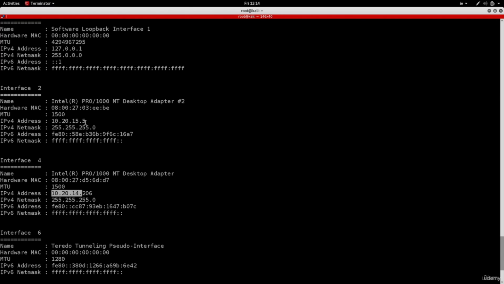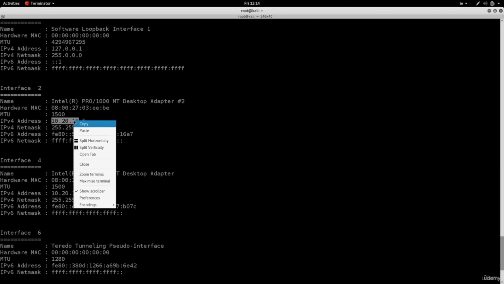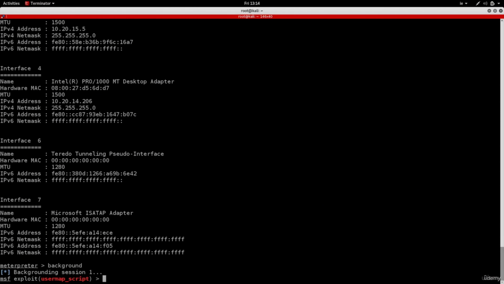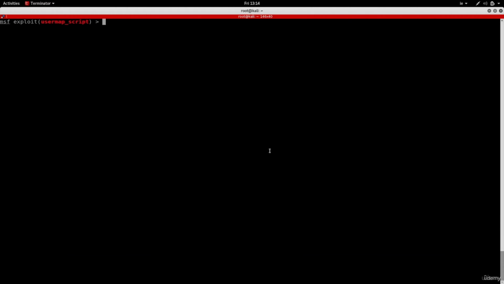Another one that I can see is connected to 10.20.15.5. So it's on a different subnet, which I cannot see from my Kali Linux device. So I'm going to try to set up a route between this subnet and my current subnet. I'm going to copy this, and then I'm going to background my current session. So I'm back in Metasploit, and I'll clear this. Then I'm going to use